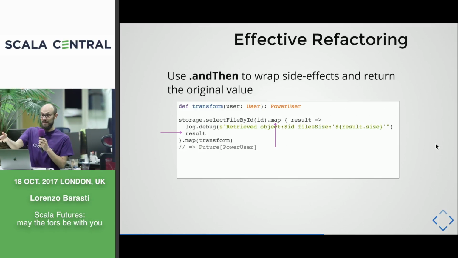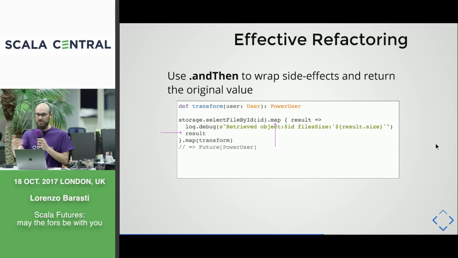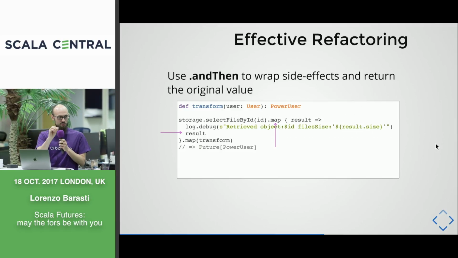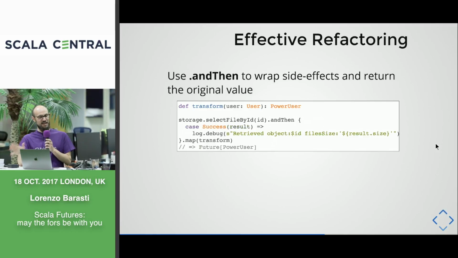So what we do is we log something, but then we also want to return the previous result. So we go, oh, log and then result, which is kind of a good code smell that shows you that maybe something could be improved. And then is exactly what you need in these circumstances. So you just go, and then